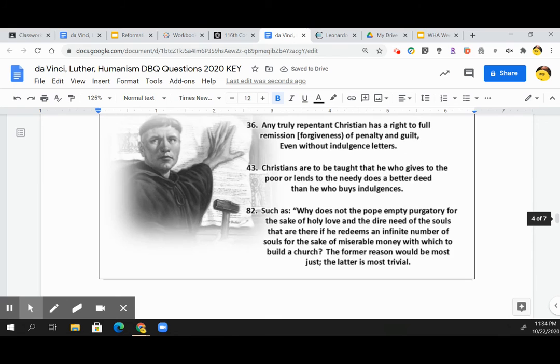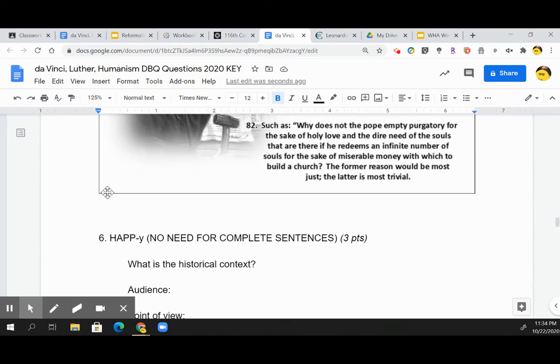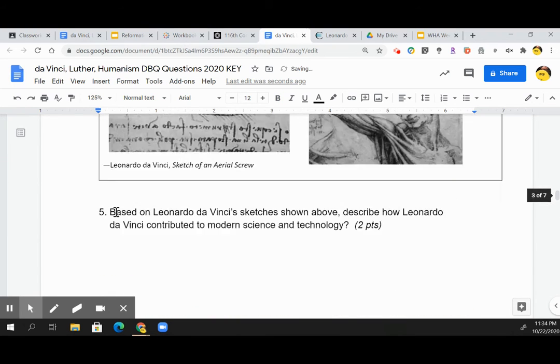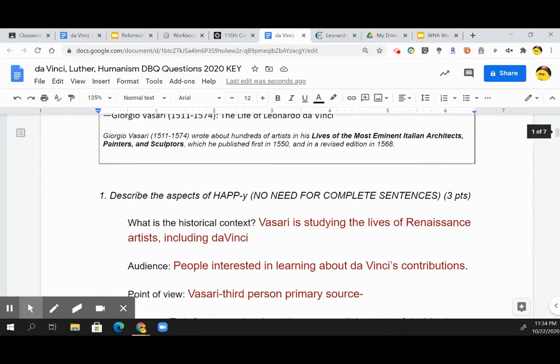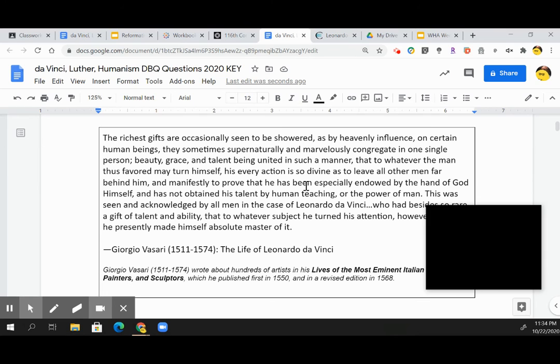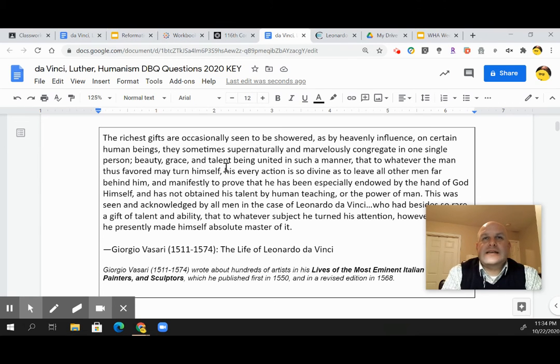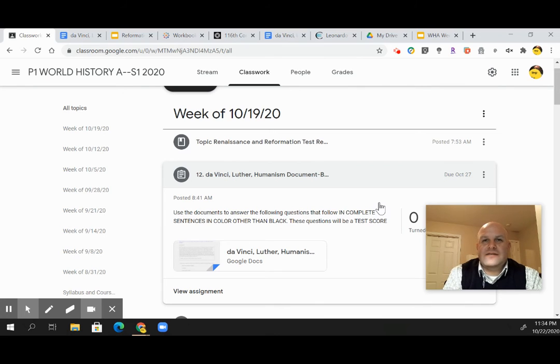If you're looking for further assistance on this, if some of these get off the page, we can move them up, and that's fine as well. And I realize one of the numbers is missing. There's no number 3 since I cut it, but I didn't renumber, so we'll just deal with that. This is a test grade that's due on Tuesday at the end of the day, the same day as you take your open resource test that's more objective on the Renaissance.